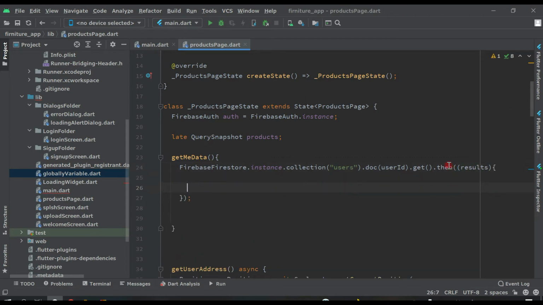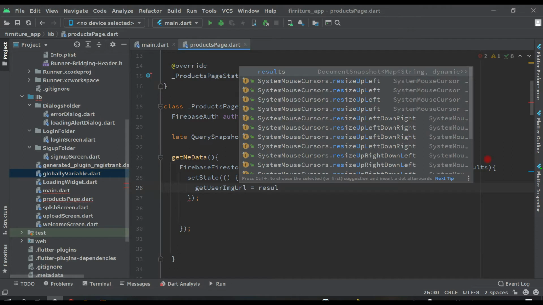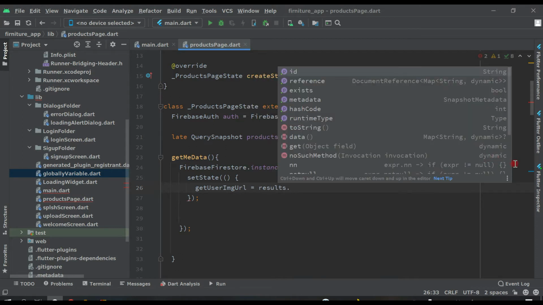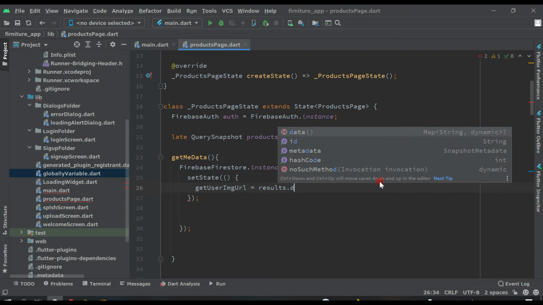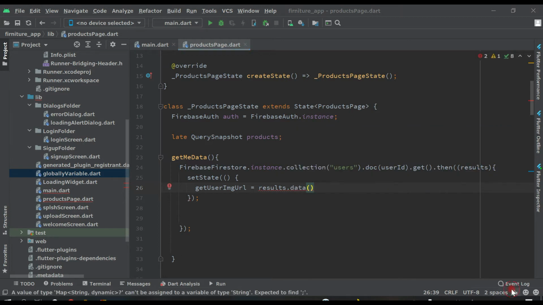Inside here, set state. Inside here, get image URL equals to results dot data, and right here img profile, and here put an exclamation like this.